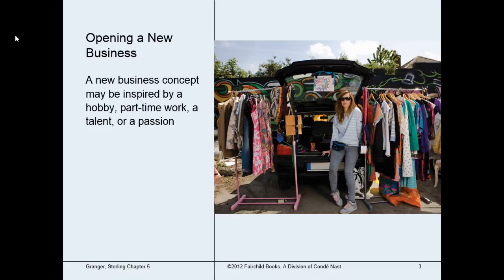First we're going to look at starting a new business, and this allows you to use your imagination, passion, and efforts to lead to financial rewards, a sense of control, and accomplishment. Owning your own business has positives and negatives. Some positives are that you get to have freedom to do what you want. A negative is that you will have to spend lots of time and lots of money starting the business and getting it up and running